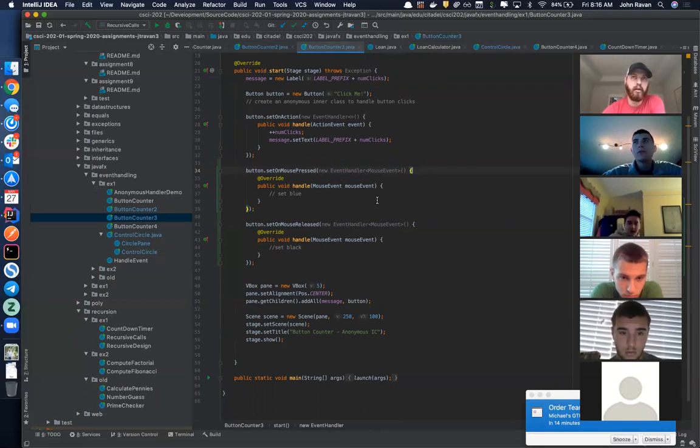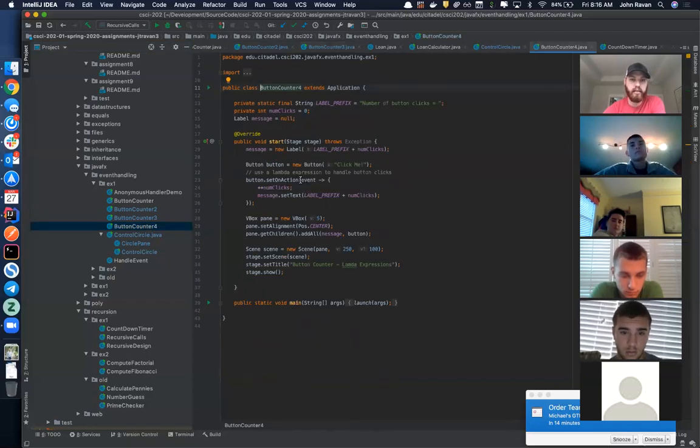Lambda expressions is basically taking it a step further. At a high level, a lambda expression is you're passing a method or a function as a parameter. So instead of passing a value or a type, like an integer, double, or some class type, you're passing a function, like a literal method. So in Java, here's an example: on action requires an event handler, right? You can see that the type it requires is an event handler. Well, if I go to